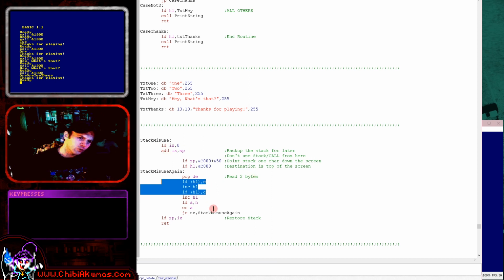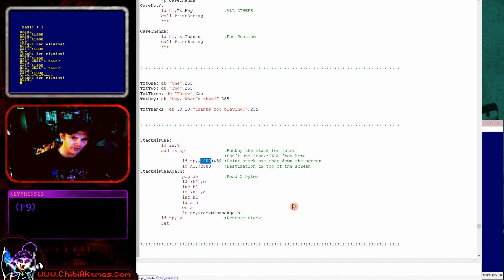So of course, while we're messing with the stack, we can't do any calls, we can't do any pushes or pops for any other purpose, with some very clever exceptions which I've gone over in my interrupts tutorial. I'm not going to go over it again here, but generally speaking you can't. So what we're doing here is we're backing up the stack pointer into IX here. Unfortunately there's no direct command to do that, and then we're restoring it just here, and that will effectively back up and restore the stack pointer. We then point the stack pointer to some of our screen. The destination is the top of the screen, the source is one block down,